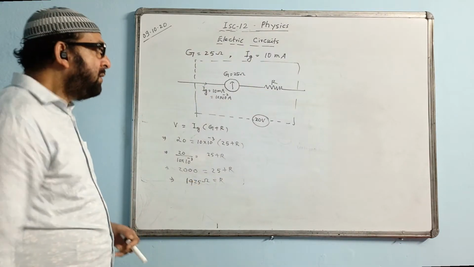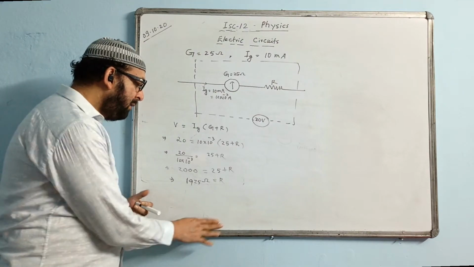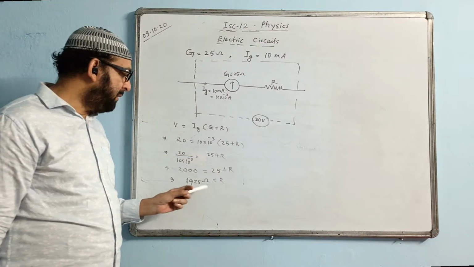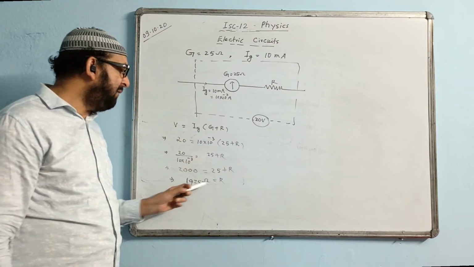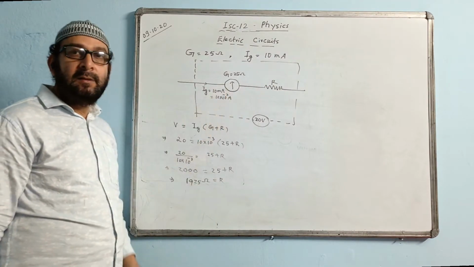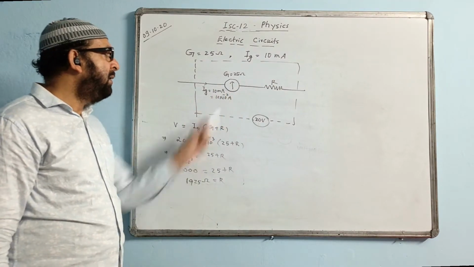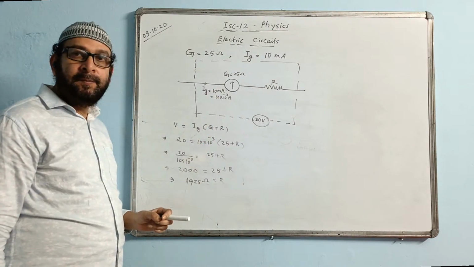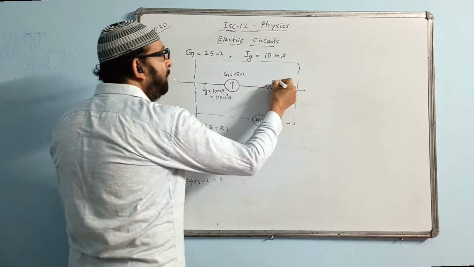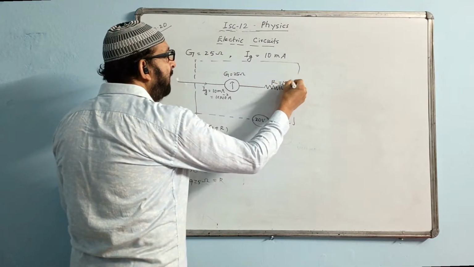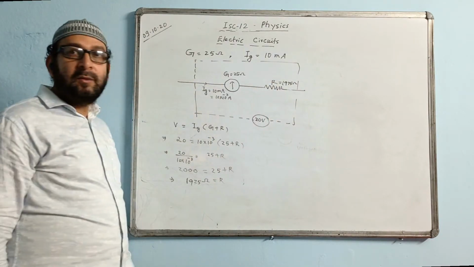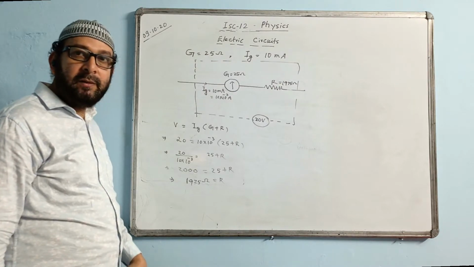Therefore, now we will conclude also how we are changing. Now we will be writing the concluding part of this question. Therefore, a high resistance of 1975 ohm should be connected in series with the galvanometer. And here is the diagram. After calculation, the value of R we will put in the diagram also, 1975 ohm. We will put that value here also. And the diagram we already made, so this question is solved.